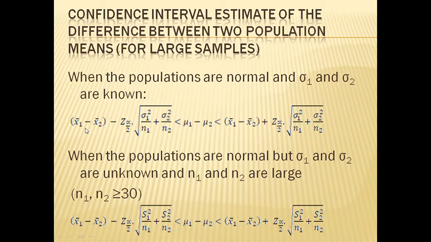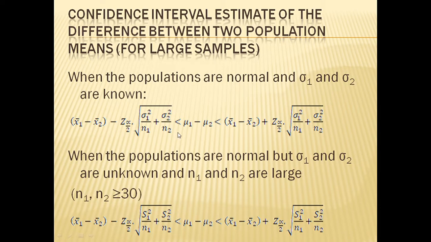This formula says x bar 1 minus x bar 2 minus z alpha by 2, which we discussed in detail in the last lecture, times the square root of sigma 1 square by n1 plus sigma 2 square by n2, is less than mu 1, the first population mean, and mu 2 is the second population mean. So mu 1 minus mu 2, as we are discussing the difference between two means,